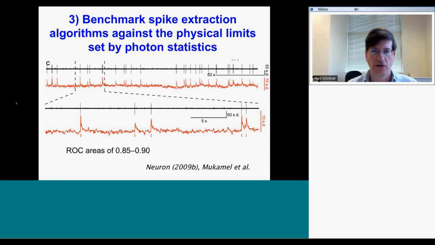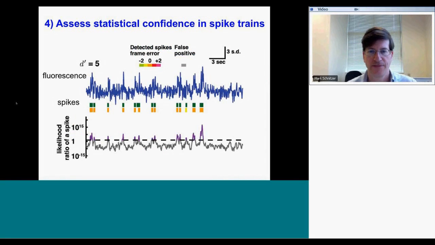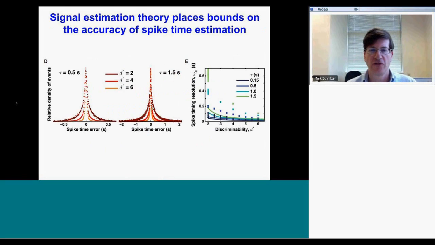And these kind of ideas also allow us to tell whether the algorithms we're using for extraction of spikes from our optical traces are reaching the physical limit set by photon fluctuations and photon statistics. And they will also provide us measures of statistical confidence in the extracted spikes that we get out from the optical traces. So this entire framework informs our approach to optical voltage indicator development. It also provides some indications of how well we might expect to time the action potentials, not just detect them. So it's one thing to detect an action potential, it's another thing to time it accurately. And the limitations we have in the temporal domain with calcium